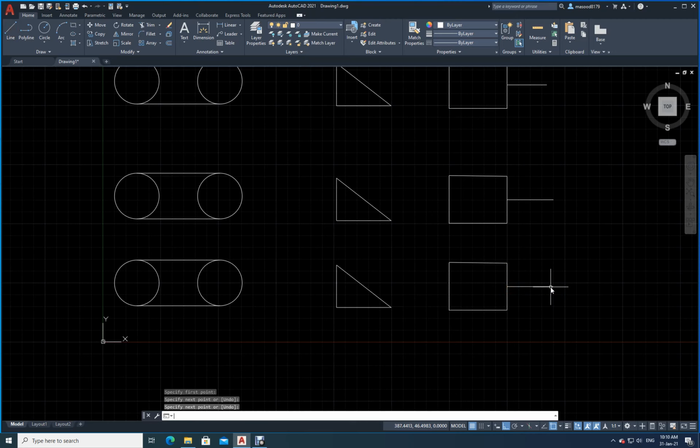Since you have already selected, CAD knows that these object snaps are there, and when it approaches any one of the lines and finds that it is the endpoint, it will catch that. If it is almost near the mid, it will catch the midpoint. So this way, by having the running object snaps, you can very easily and quickly finish your work.